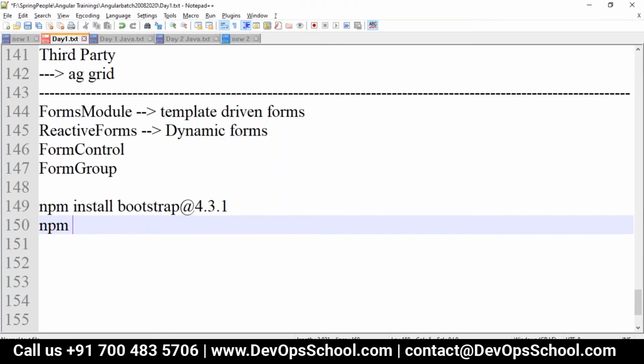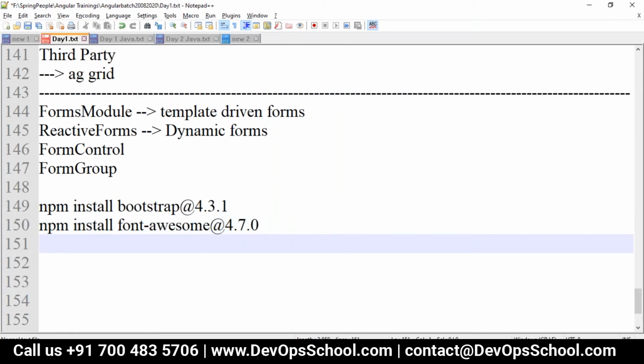We'll also use some icons, so Font Awesome will be installed: npm install font-awesome at 4.7.0. Then we require a JSON server, which is the backend.